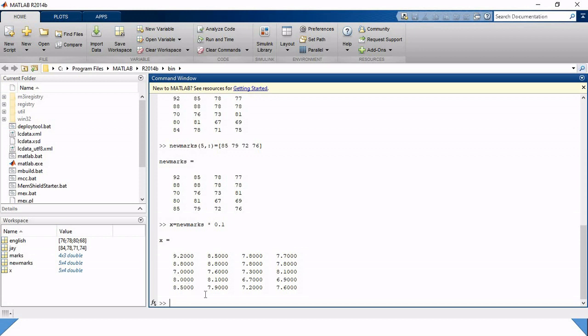This is how we can get the output out of 10. So these are the marks which a student can get out of 10. We can also change it to out of 50 or out of 5, as per our requirement. So try it on your own and play with the elements. I hope all of you get the basic fundamentals of matrix and array in this example session. Thank you.